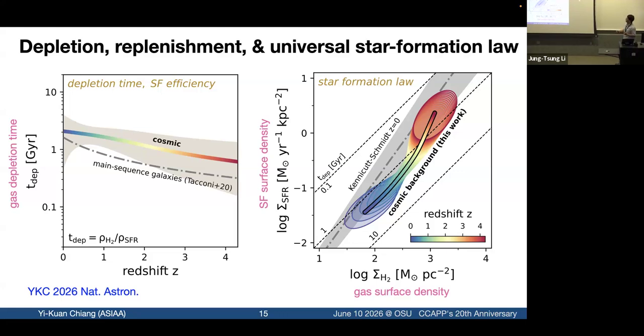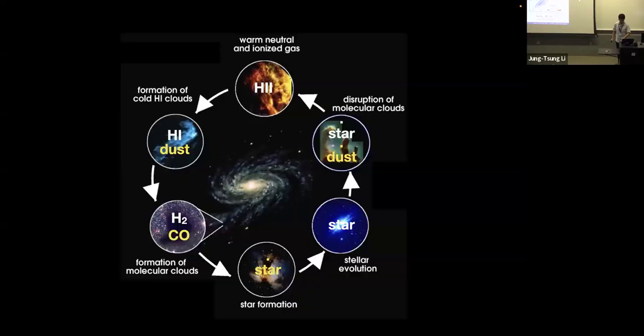So this is the classic space of the Kennicutt-Schmidt law, plotting the star formation surface density as a function of gas density. And the classic relation is shown in this long dashed-dotted line. And then the cosmic mean background actually follows a similar trend of star formation surface density versus gas surface density. So an interesting thing is that the slope is not 1, which means when you have denser gas, you actually disproportionately trigger cloud collapse in forming stars. And then this relation seems to be somewhat universal.